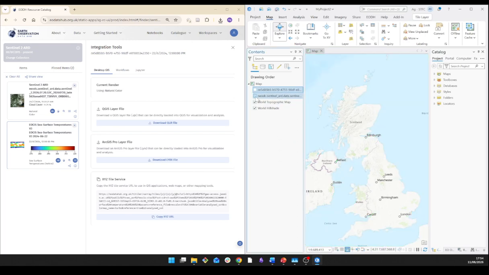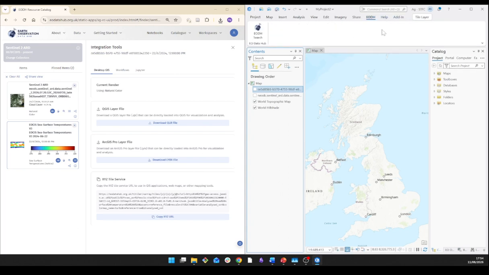So that's a great starting point, but we've also built a deeper integration, and we'd like to show that. We've built an add-in specifically for ArcGIS Pro called the EODH add-in, and if you want to use it you'll need to know how to install it. So if you go to Getting Started and Documentation,